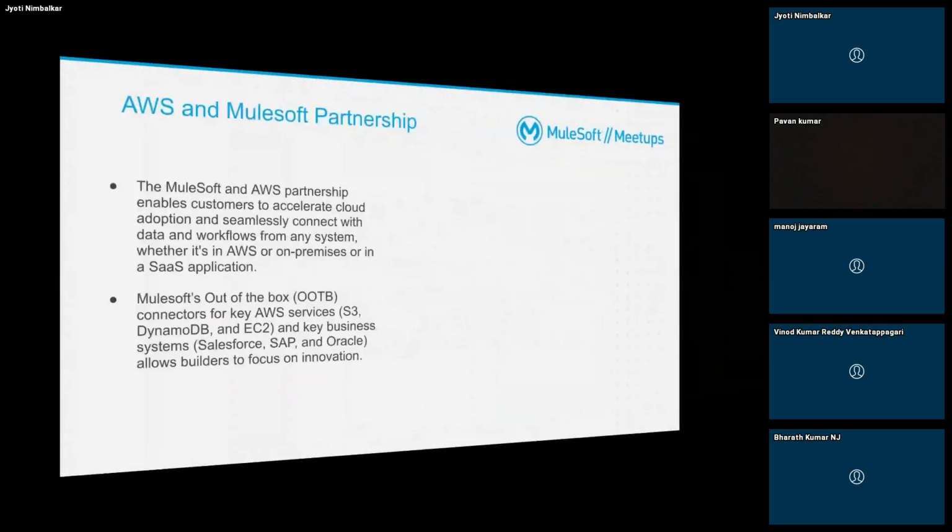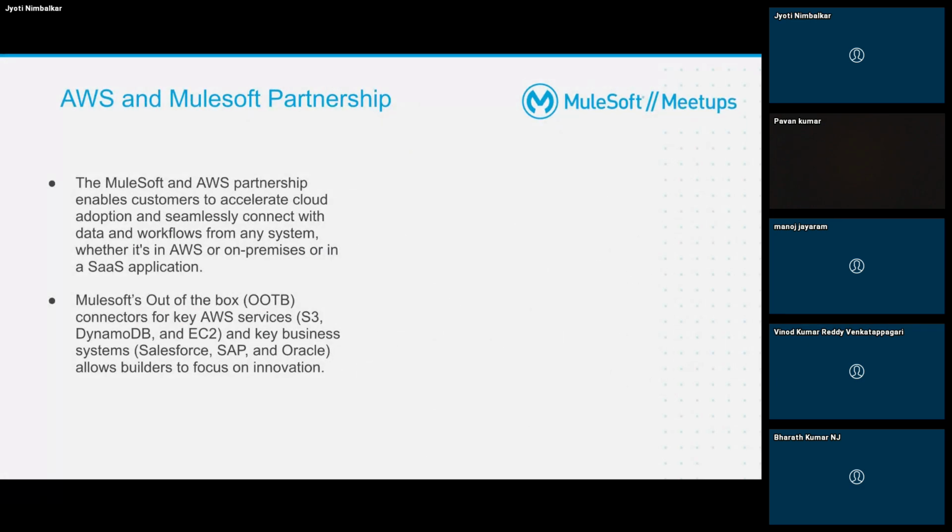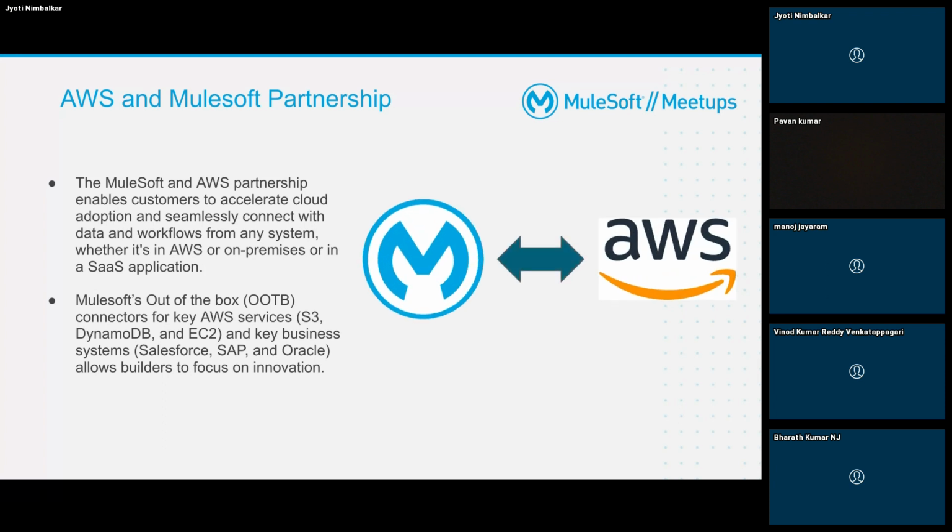Now talking about the MuleSoft and AWS partnership, MuleSoft provides out-of-the-box connectors. We have the Amazon S3 connector, DynamoDB connector, and then we have the SQS connector. All these connectors help us connect with various systems seamlessly.